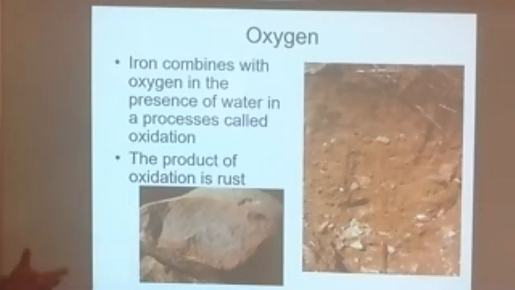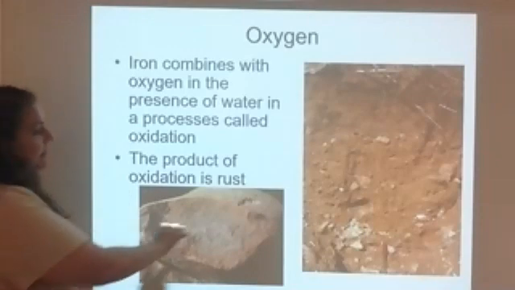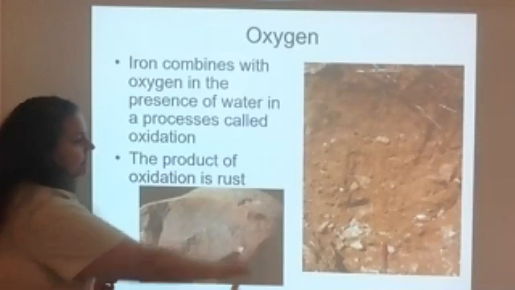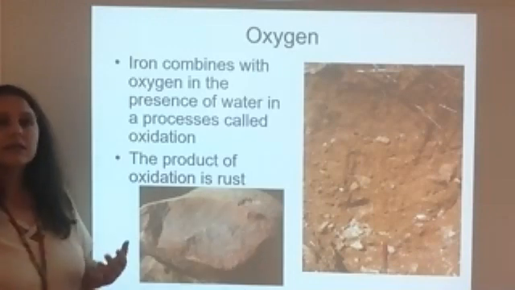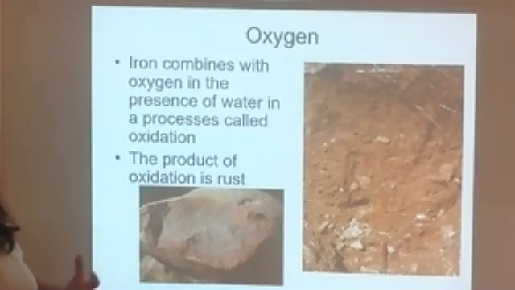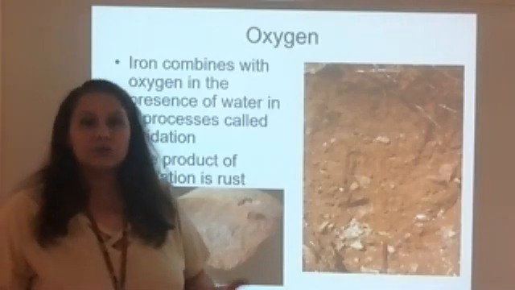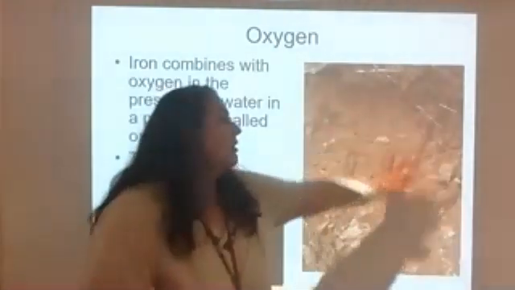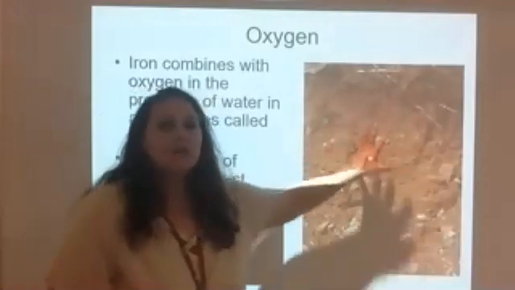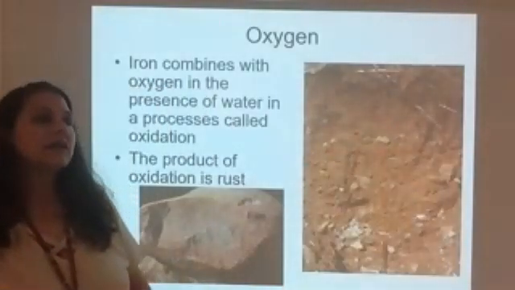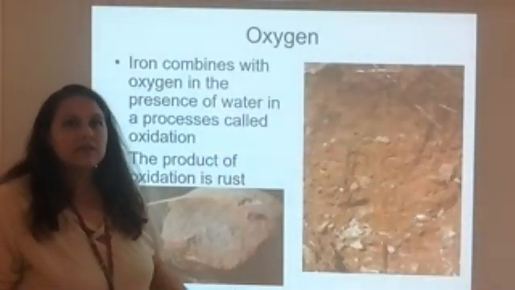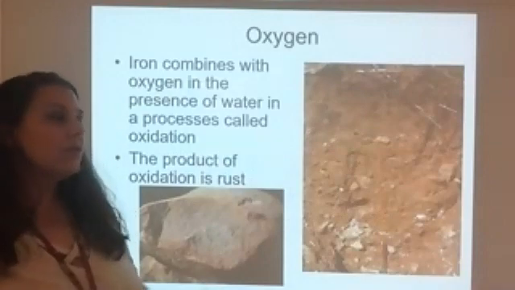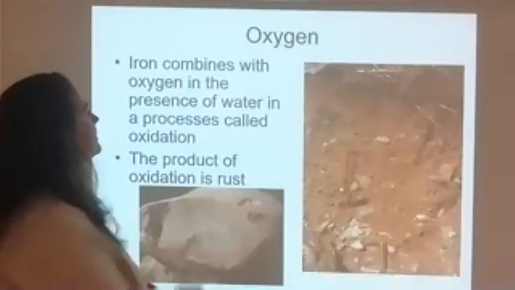So with rust, you can see kind of the ring here around the outside of the rock is red, that reddish orange coloration, that shows rust. Over here on our little cliff, that soil, you can see the orangey red color in it. That signifies rust. So this is showing a chemical weathering taking place.